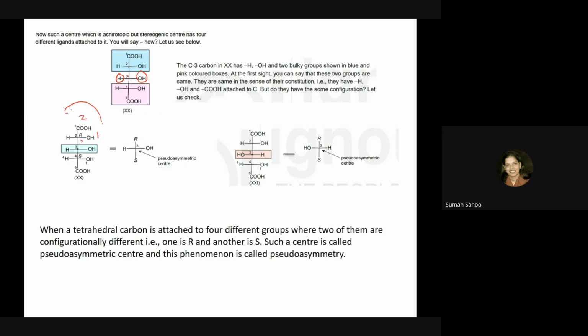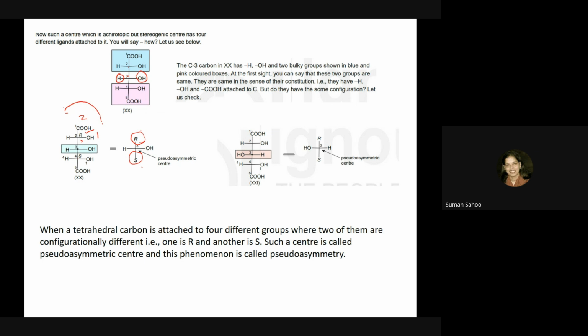So this is counterclockwise, and if hydrogen were on the vertical axis it would be S, but as hydrogen is on the horizontal plane, it would be R. So its configuration is R, and similarly we can give the configuration to carbon number 4, which would be S. So this carbon 3 center, which is the stereogenic center that we have already proved, has the upper and lower parts as mirror images: this one is R and the lower one is S. They have the opposite configuration, and that stereogenic center is known as a pseudo asymmetric center.